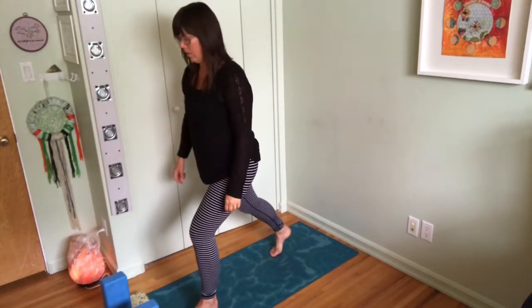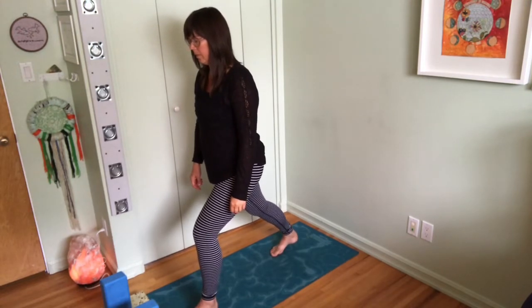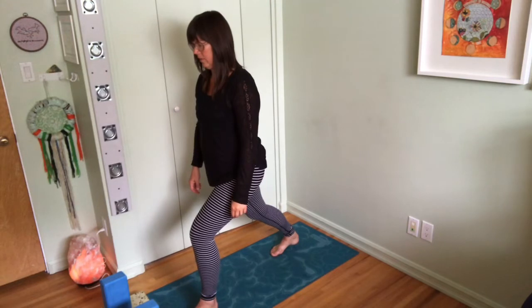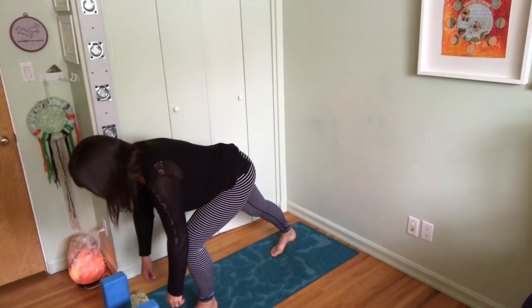Stand at the top of your mat. You're going to step back into lunge. And this is a lunge that you could move in any direction if you needed to be. So you want to feel equal weight between the front and the back legs and feel like you could go in any direction. Then we're going to fold over the front leg,